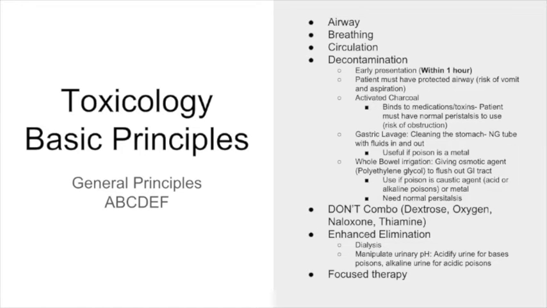So after you've stabilized the patient, you made sure that they have an intact airway, that they're breathing appropriately, and that they have a pulse and their pressure is maintained, you want to start thinking about what they've ingested or what poison they have. So that's where the D, E, and F come. So D is decontamination. So decontamination is pretty much trying to get out what the patient has ingested, and this is mainly for